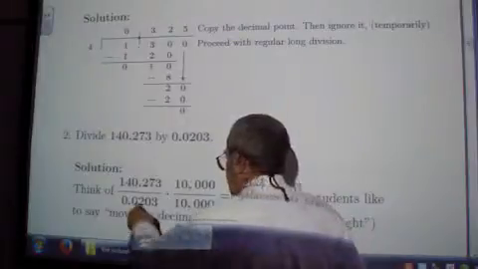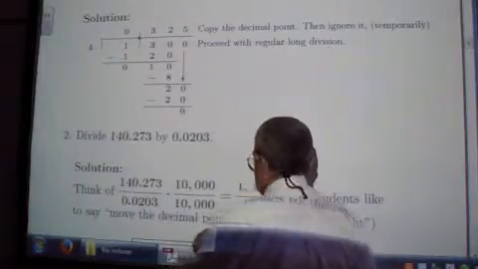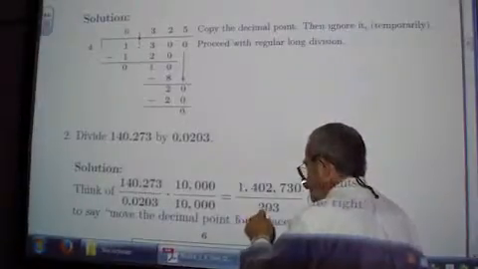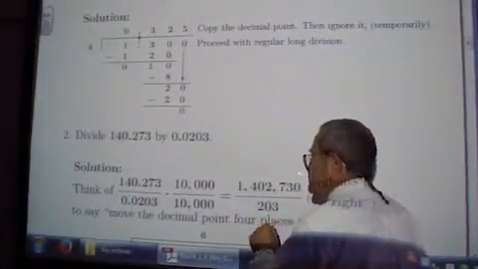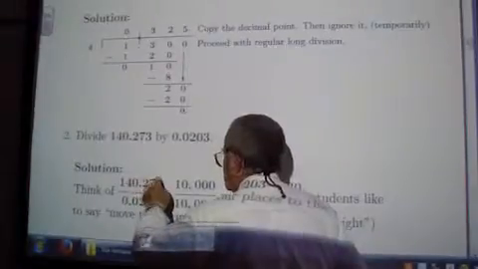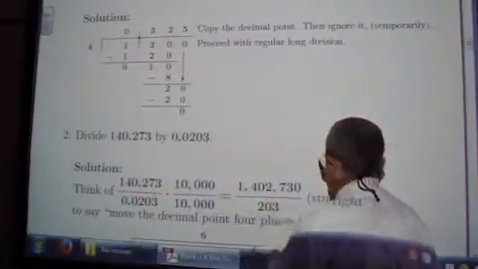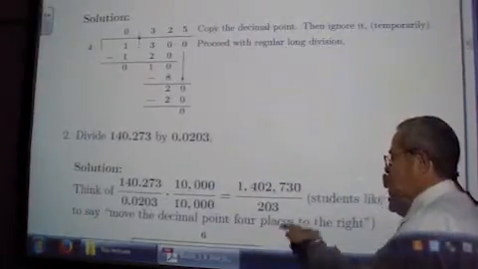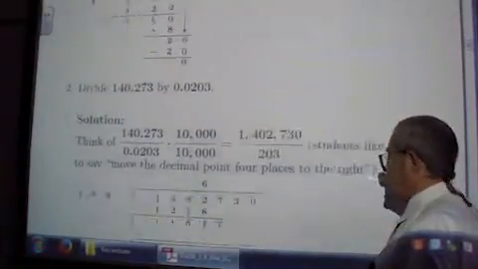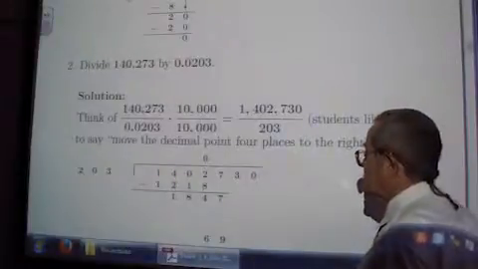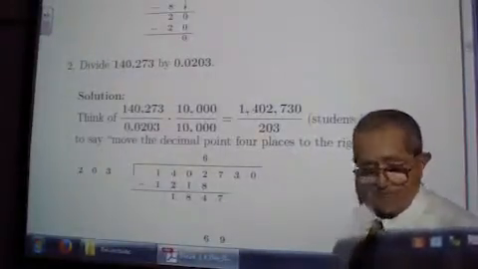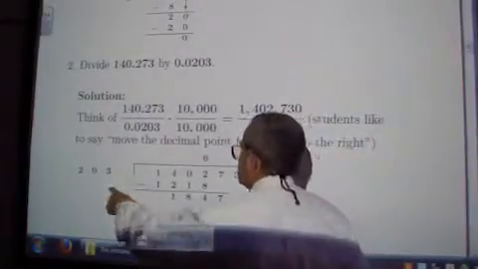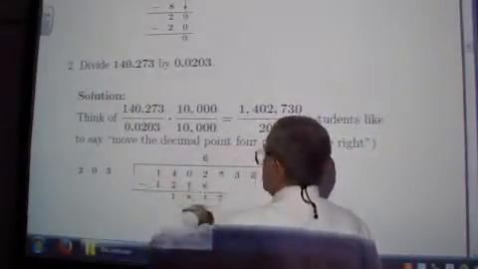And you get 1, 2, 3, 4 places to the right. So 1, 2, 3, 4. And in the numerator, 1, 2, 3, 4, you need an extra 0. So students like to say, move the decimal point 4 places to the right in the numerator and the denominator. Okay. We want to divide 203 into